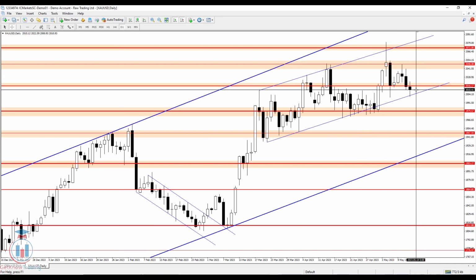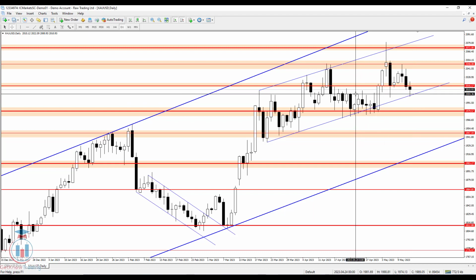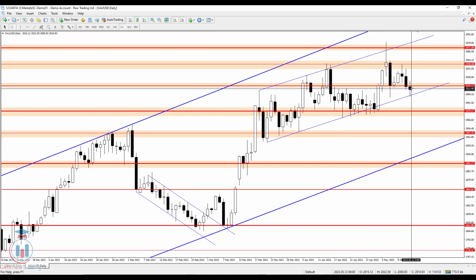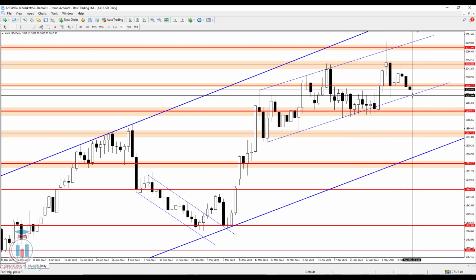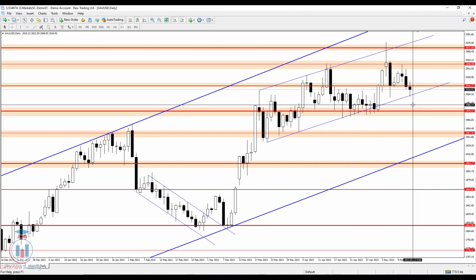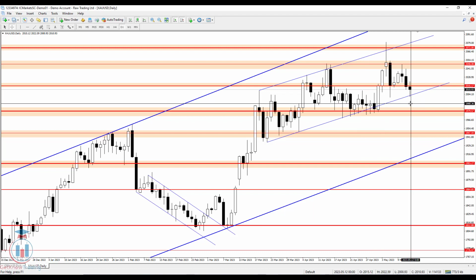We can see that the price is dropping. The price has stopped around the 2000 price level, and the next one where we need to see the price closing the day is the 2004 price level. If the price on the daily time frame closes below this one, we can expect that the price will continue to move down and reach a lower level, which will be 1990. And this is the price level